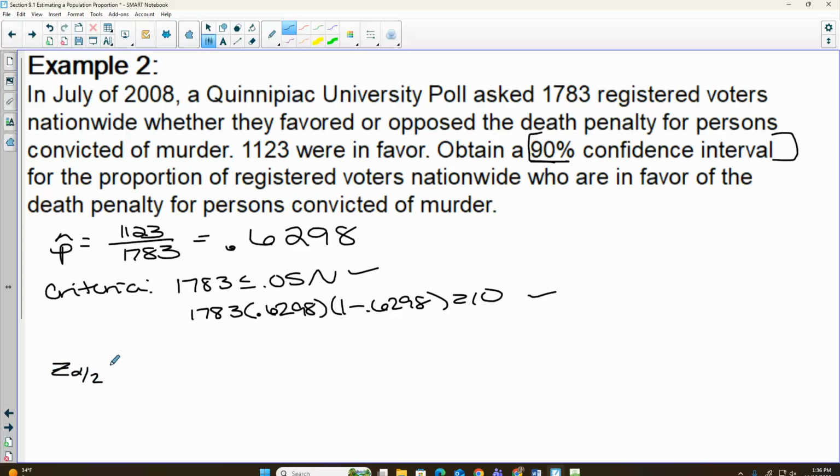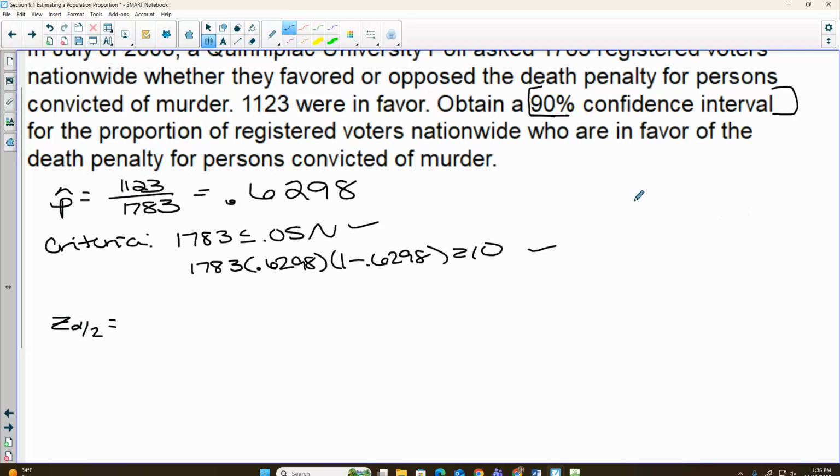Okay. The Z alpha over 2 is probably the trickiest piece to this. Some of them our formula sheet gives us, some of them we have to be able to figure out. I want to make sure you understand. When we had Z alpha notation, remember at the very beginning in chapter 7, we said alpha was the area to the left, the table's area to the left, but when it gave us this notation, it was area to the right.